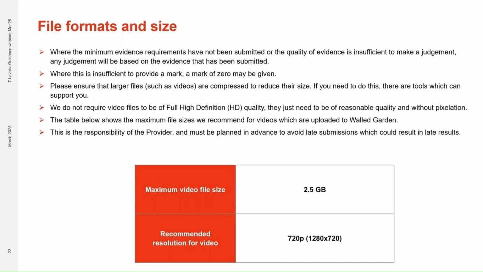We do not require video files to be of full high definition quality. They just need to be of reasonable quality and without pixelation. The table at the bottom of the slide shows the maximum file sizes we recommend for videos which are uploaded to Walled Garden. So videos should be no more than 2.5 gigabytes in size, and the resolution should be 720p